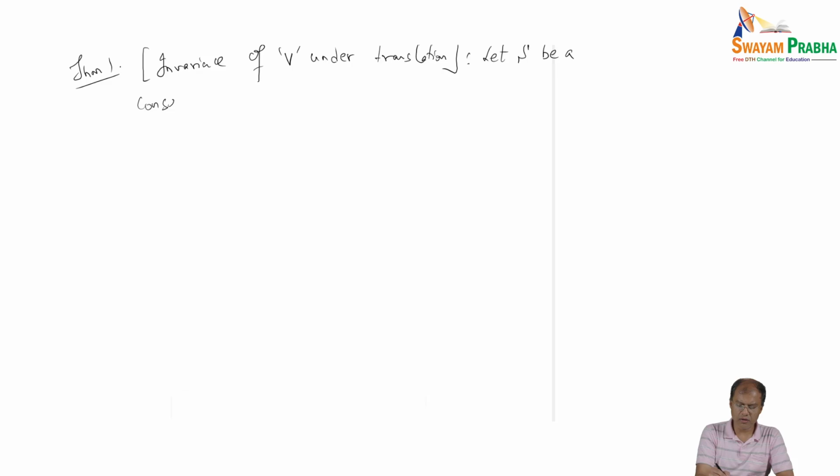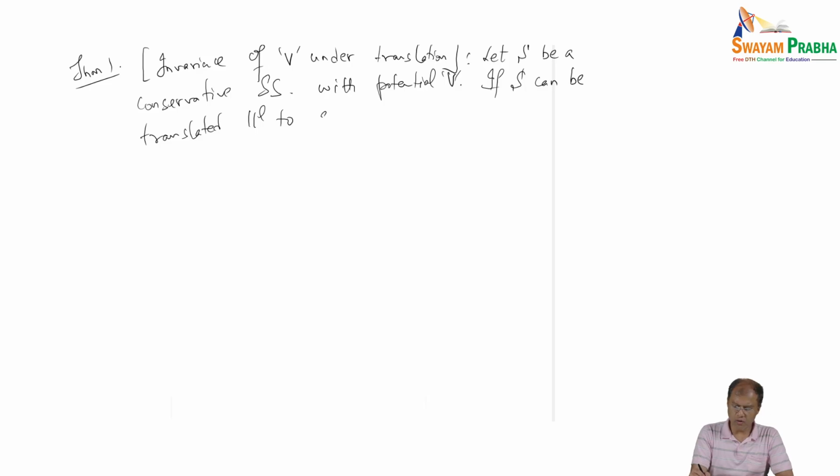So we are talking about the specific case: a conservative standard system with potential given by V. Now if S can be translated parallel to a constant vector n without violating any constraints,